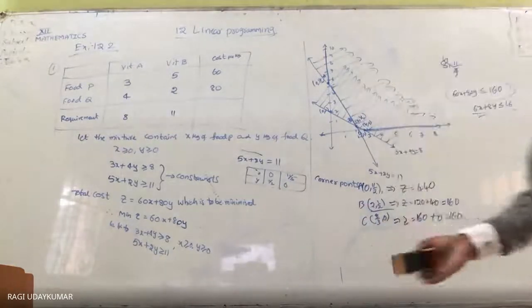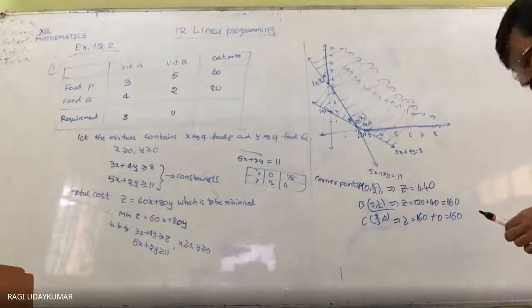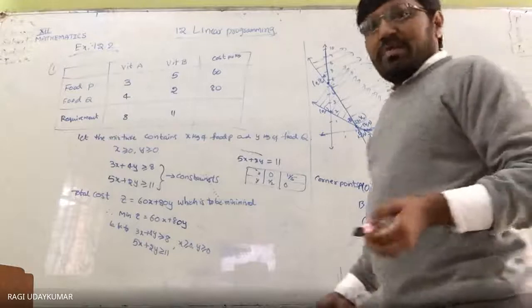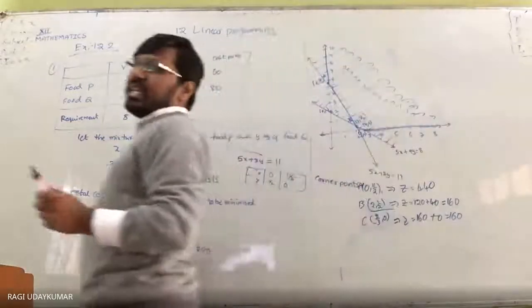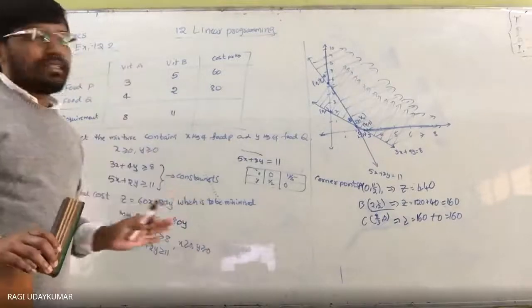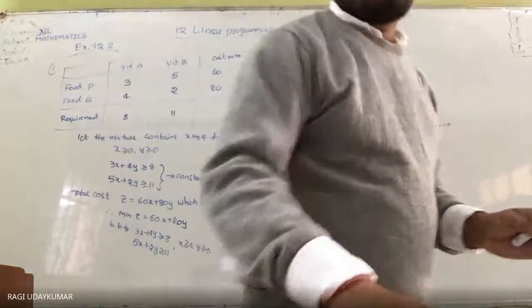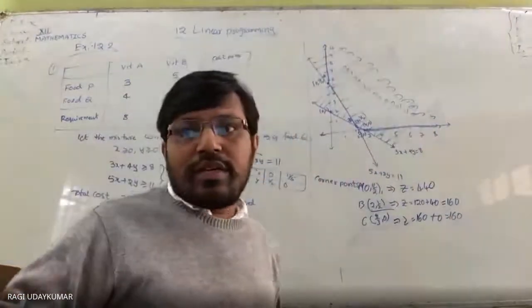Mostly, wherever you get a minimum, that is taken as the minimum value in all problems. But the situation is different in unbounded problems. One bounded problem I will also explain to you. In case of bounded problems, what do we get? Okay? Did you understand here?